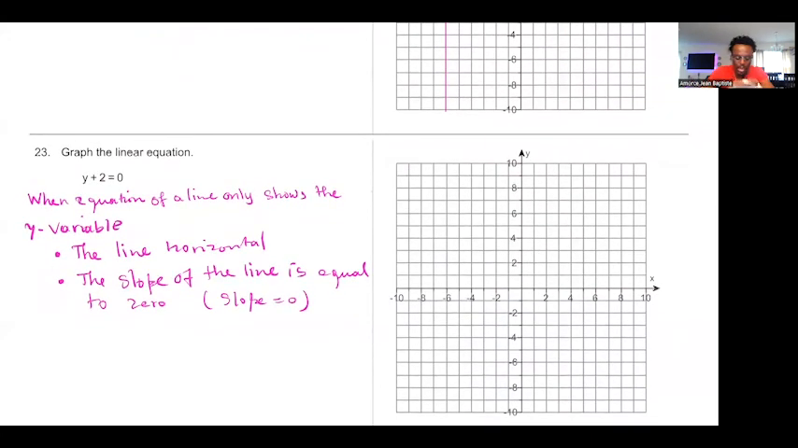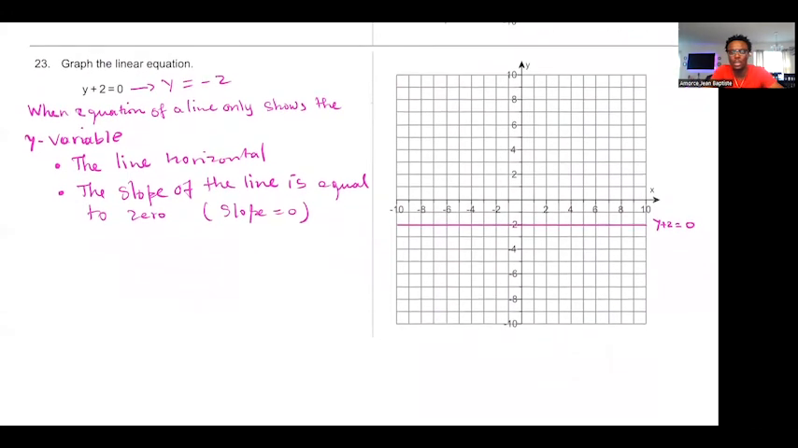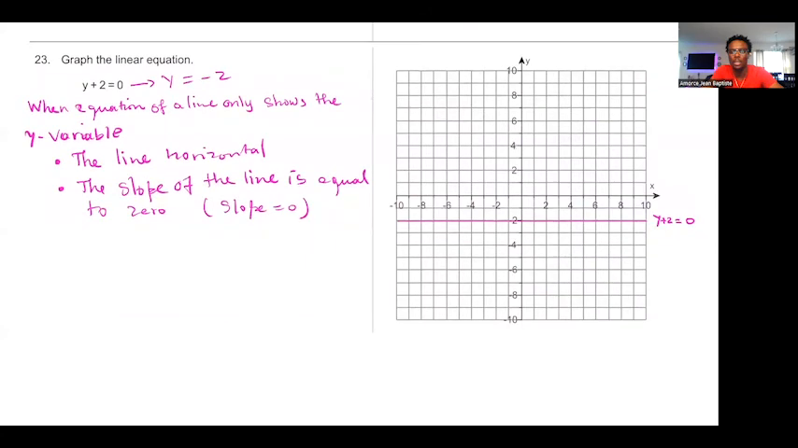Okay, so then we have a line y plus 2 equals 0. When you subtract 2 on both sides, that's y equals -2. And the graph of the line will be that. So that's the equation of y plus 2 equals 0. So what's next is